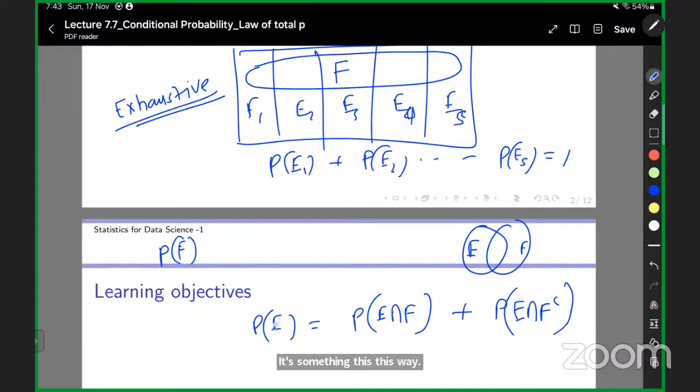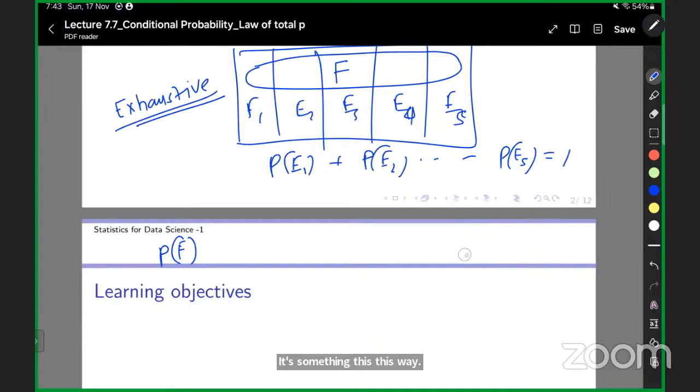This is what we did. Now the same thing we are going to do here. We are going to figure out what P of F is, and what you can do is you can have a multiplication of